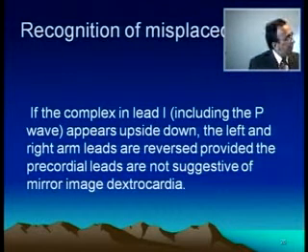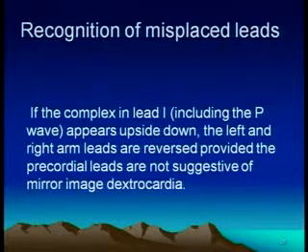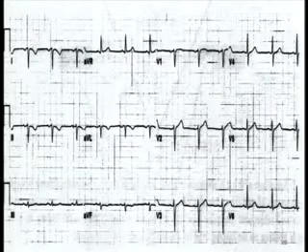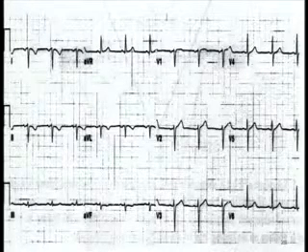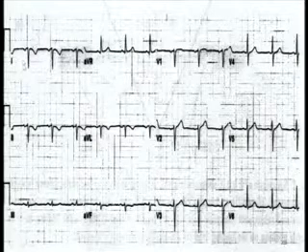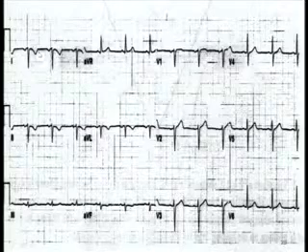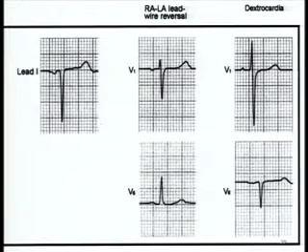Now remember, if the complex in lead 1, including the P wave, appears upside down, the left and right arm leads are reversed, provided the precordial leads are not suggestive of mirror image dextrocardia. I am going to come to that, because that is going to be a differential, whether it is an RA-LA switchover or a mirror image dextrocardia. Here in lead 1 it is inverted, obviously, and in this graphic recording you will get everything negative in lead 1, P, Q, R, S, T negative, which you are not going to get otherwise. So here RA and LA are reversed, but the only thing is you need to differentiate whether it is a true mirror image